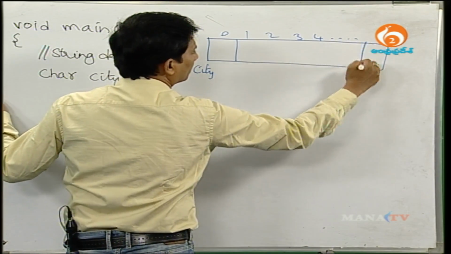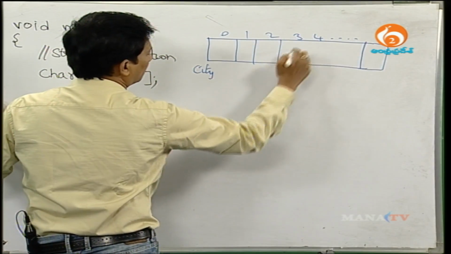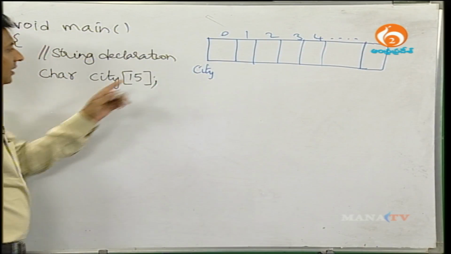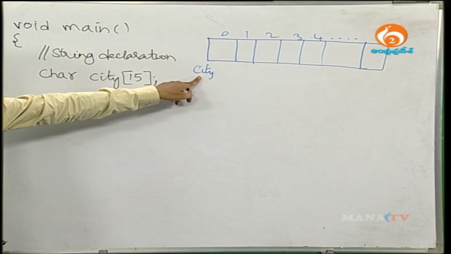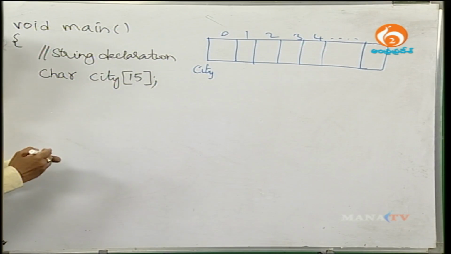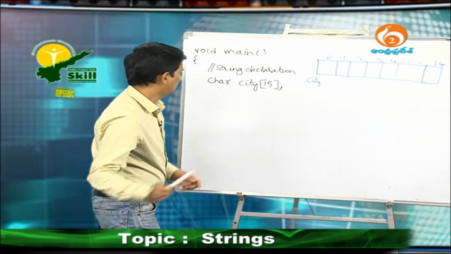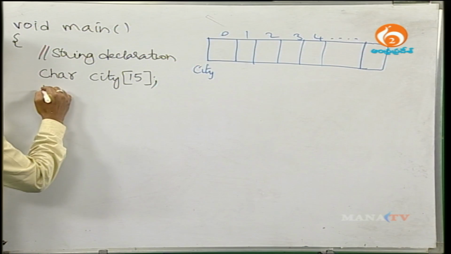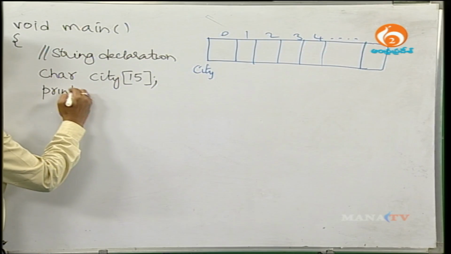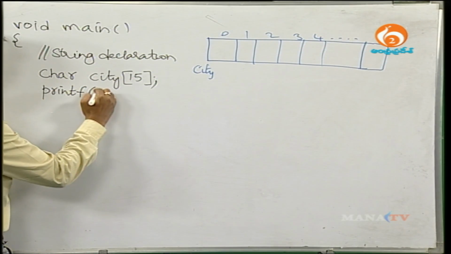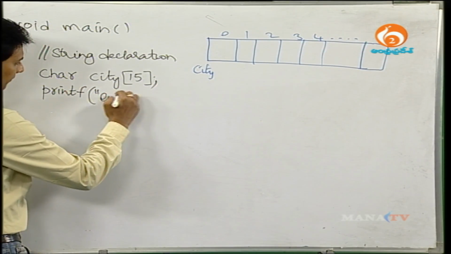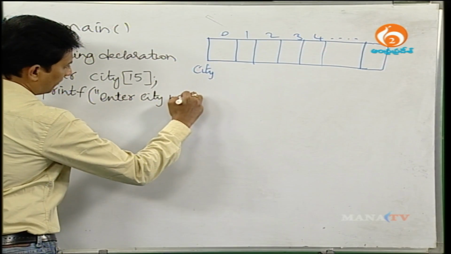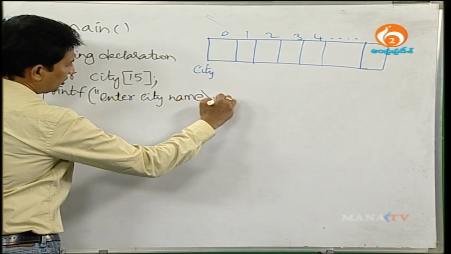The name of the string is city here. Next, printf("enter city name\n");